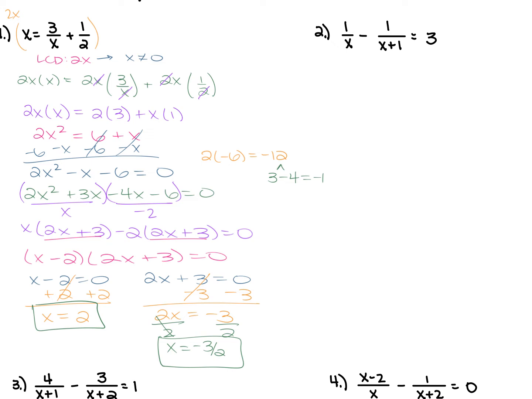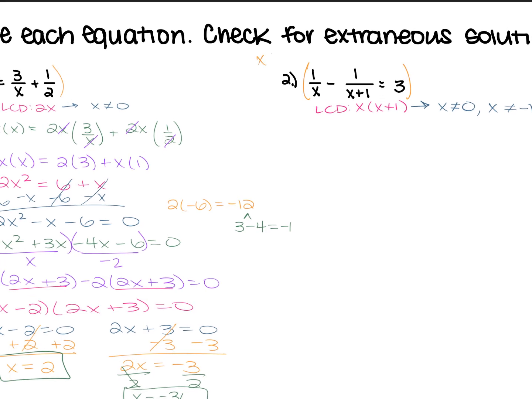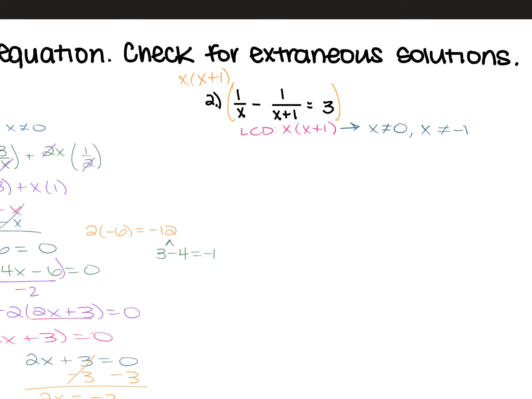For number 2, you have 1 over x minus 1 over x plus 1 is equal to 3. Your least common denominator between these fractions is going to be x times x plus 1, which means your x cannot equal 0, and your x cannot equal negative 1. So from here, we are going to multiply everything within that equation by x times x plus 1. So that means that we are going to have